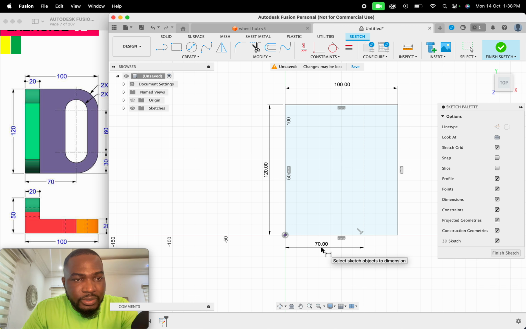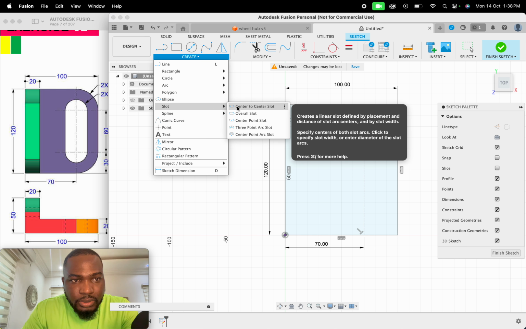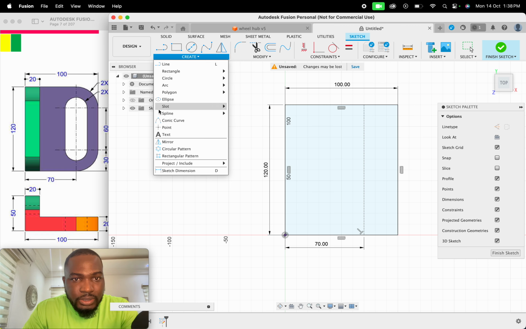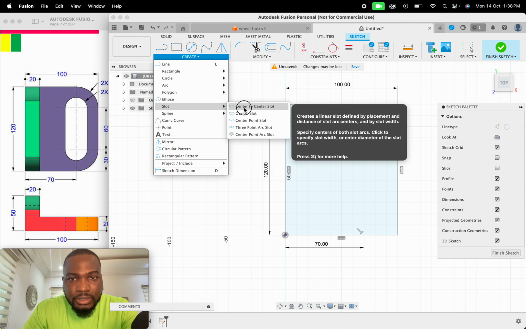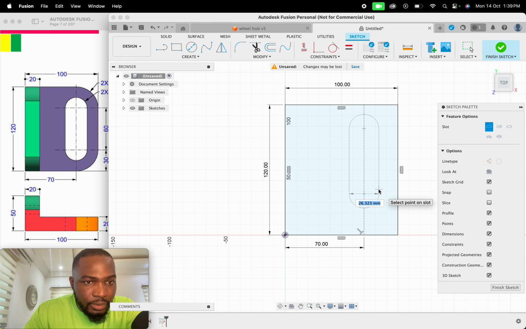Now the next step is that, let's see, we can draw a slot, a center to center slot like this, and the distance will be 60. So let's select the slot tool. Let's select center to center. So let's say from this point to, let's make it 60 millimeters. There we go. And then the width of the slot will be